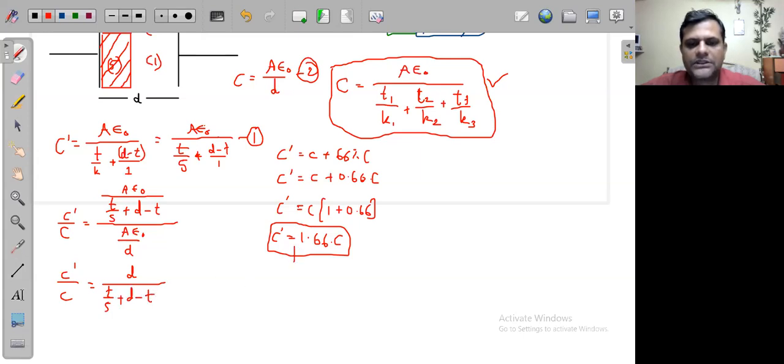But as we know, this C dash upon C happens to be 1.66 actually. So if you just put it here, we get 1.66 equal to D upon T by 5 plus D minus T here. 1.66 can be written as 5 by 3 actually, if you write it in fraction form. So here it will be 5 by 3